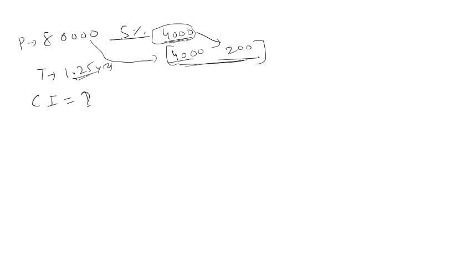This part is complete interest of second year, but do I need it completely? Absolutely not. I need only of 0.25 years. 0.25 means 1 by 4. This part is complete second year's interest. I only need 0.25 years, means into 1 by 4, right? If I multiply with 1 by 4, I'll get this part as 1000, this part as 50, right? So the interest would be 5050. Okay, this is the answer. Simple questions. I am doing this only to clear your basics.